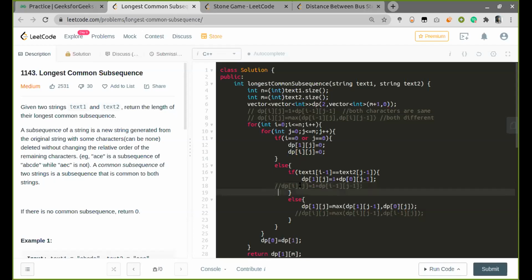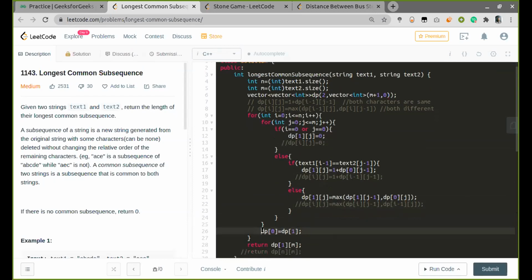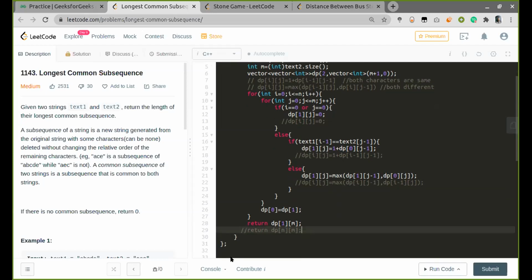One current, another previous, right? Yeah, one current and the previous one. So this is why dp of I will be dp of 1 and dp of I minus 1 will be dp of 0. After the iteration is finished, I just need to swap the second vector with the first vector. Finally, the answer in an n cross m vector will be dp of n of m. But here, since we have 2 cross m vectors, it will be dp of 2 of m, or since it is 0 based, dp of 1 of m.